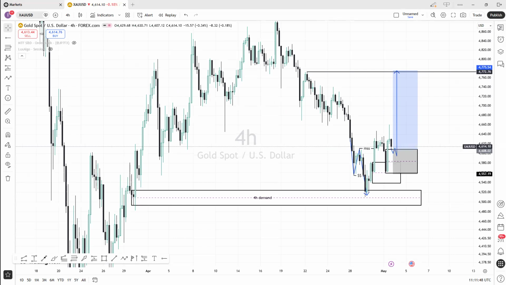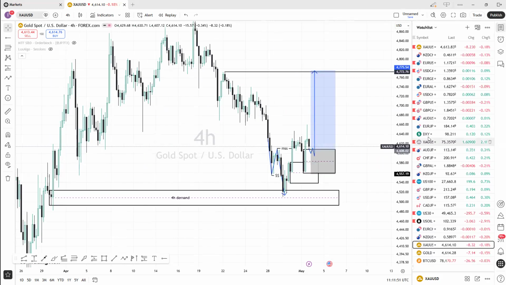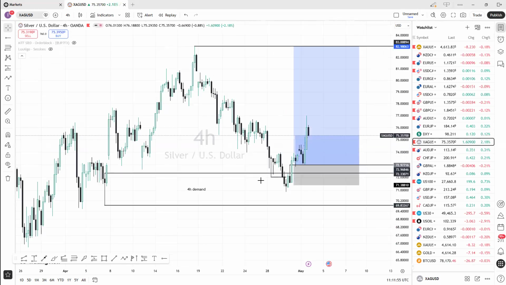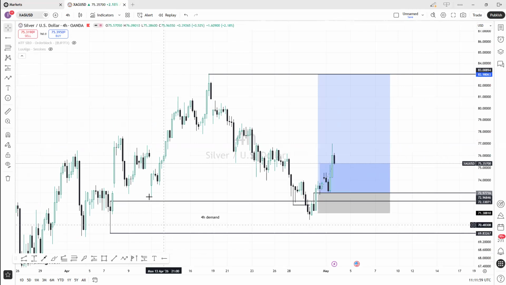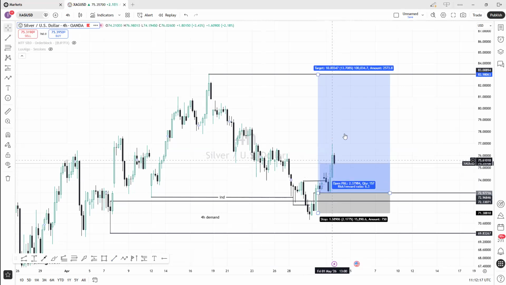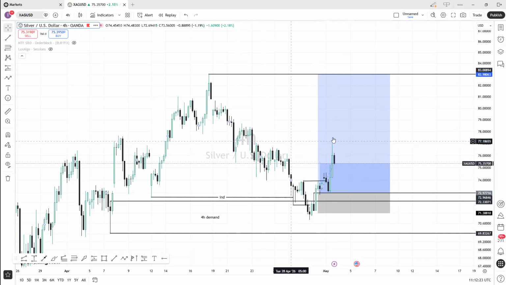Let's see silver. Last week on silver, we took a buy. You can see here price mitigates this demand also. On the left side, there was demand. Also, price swept this inducement here. After that, price created a very good market shift here. After the shift, mitigation, and then you hold the long position. So expect next week we'll continue to hold this long position until price takes out this buy side liquidity. It is